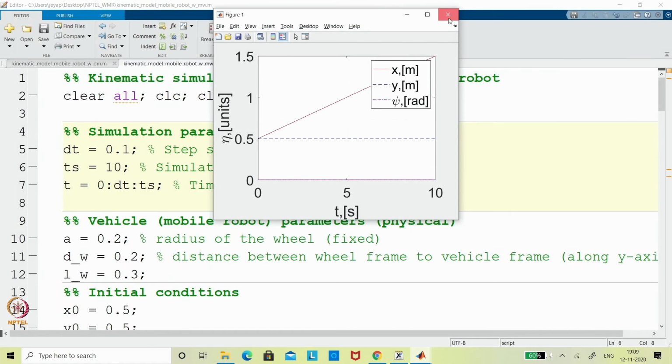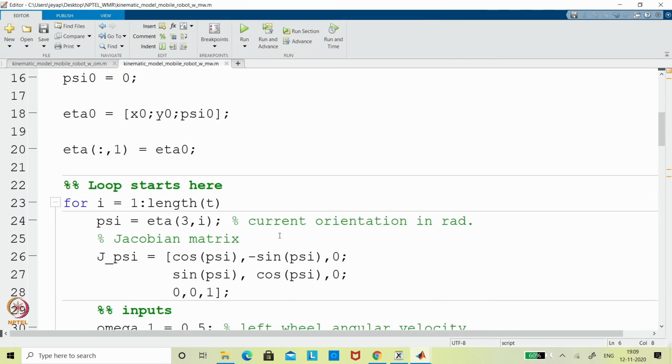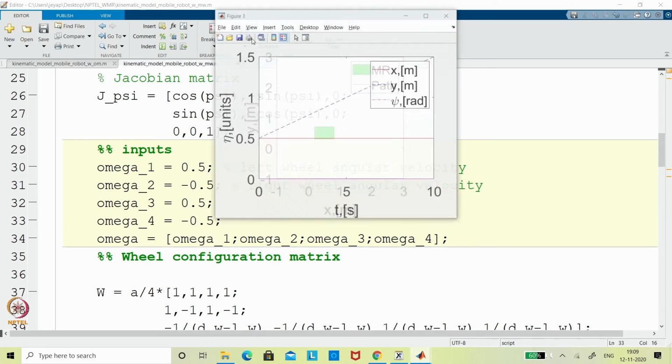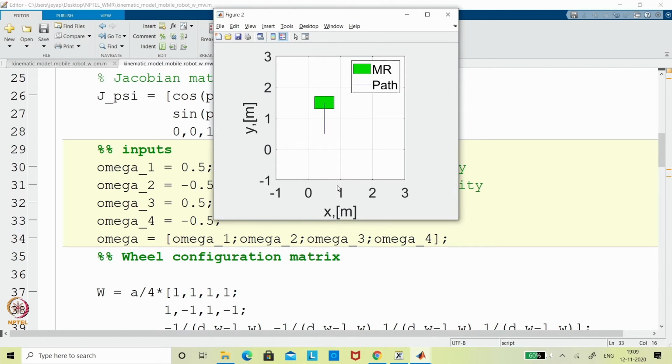So now what we have seen, if the vehicle wanted to go in the lateral direction, the diagonal wheels are supposed to have the same speed but opposite direction, right? So in that sense I am putting these two as opposite. So now what one can see is that this can give you the lateral direction, that's what you have seen earlier. We'll see whether that is what you obtain. Now if I change the direction of these two wheels, so this I put plus and this I put minus, that would go downward, right? So now you can see this is also done.